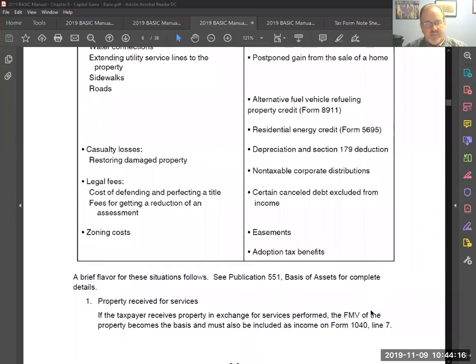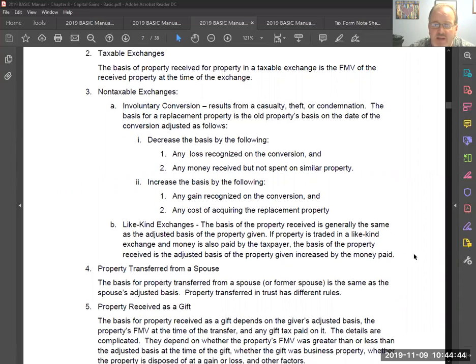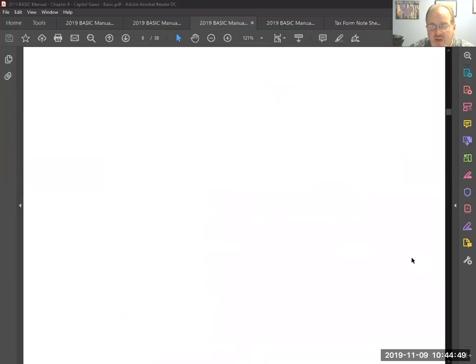Exchanges, again, we're not going to talk a lot about this. When we have property that we receive in an exchange for another piece of property, if I trade one thing for another thing, then I have an adjusted basis that's based off what I received in exchange for it. It gets pretty involved. Most of the time when we see this, it talks in here about the 1031 exchange, as far as the